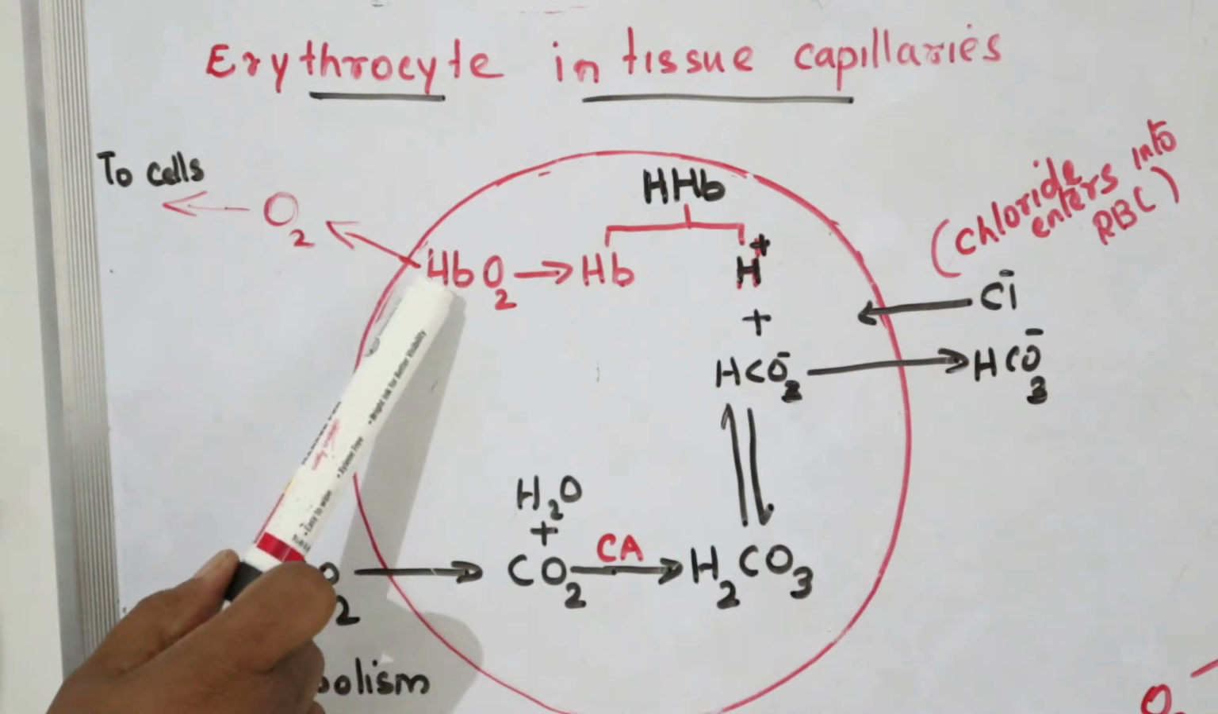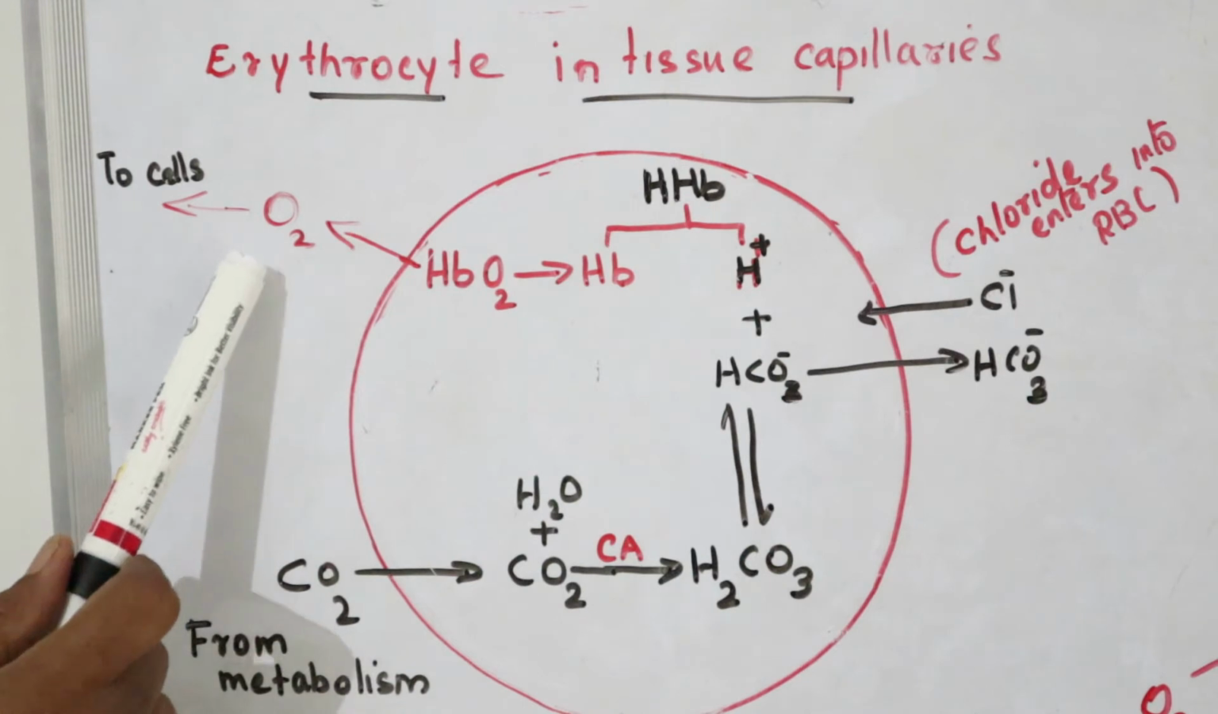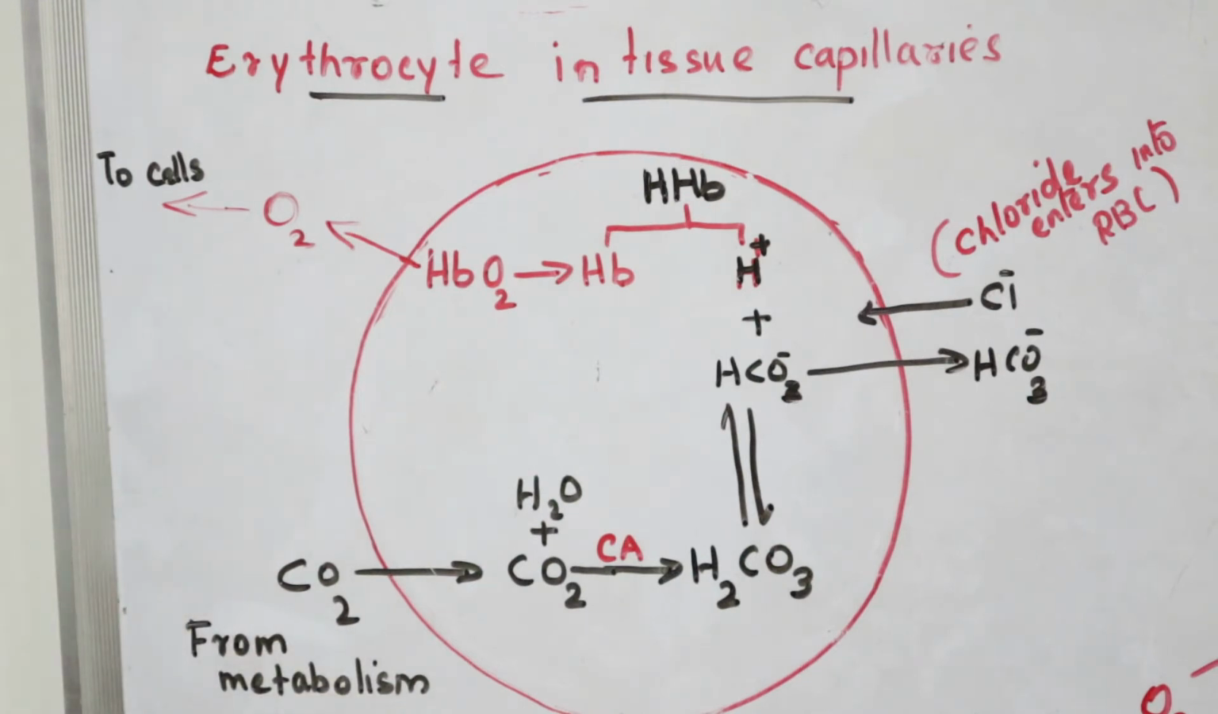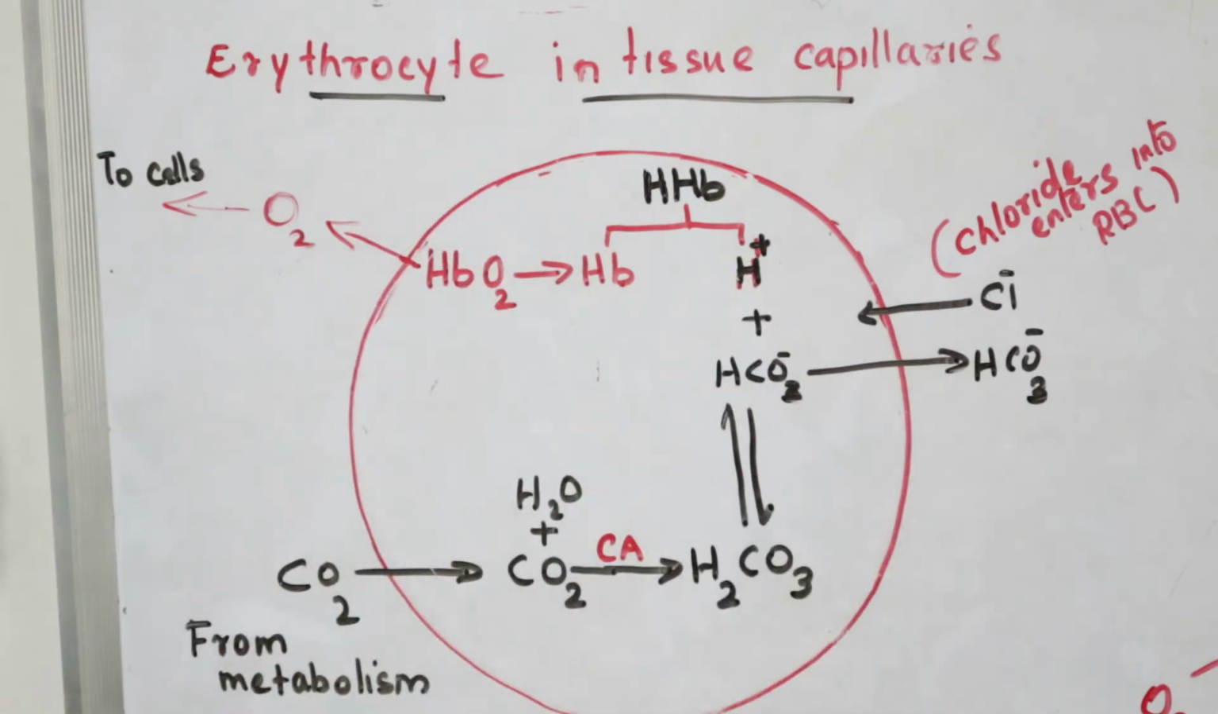And the oxygen diffuses into tissues, so that this oxygen can be utilized for further metabolic processes there. So this is what happens in the tissue capillaries. So I will explain once again. As a result of metabolism, carbon dioxide is continuously produced in our tissues and diffuses into RBC in tissue capillaries,